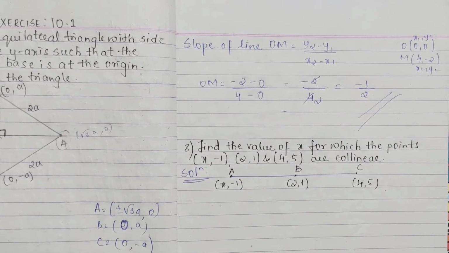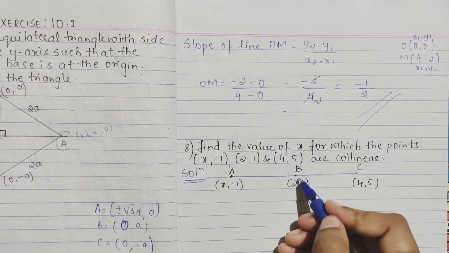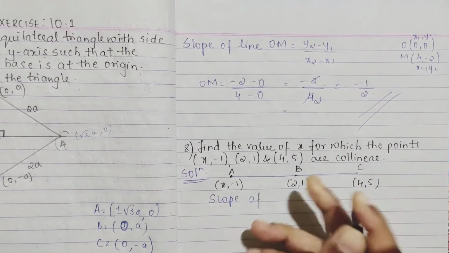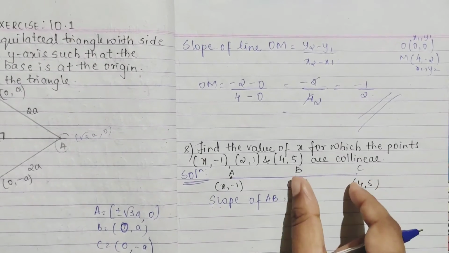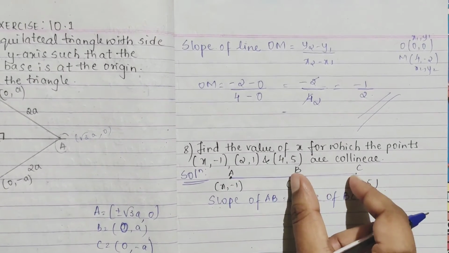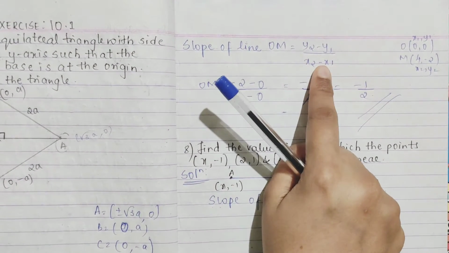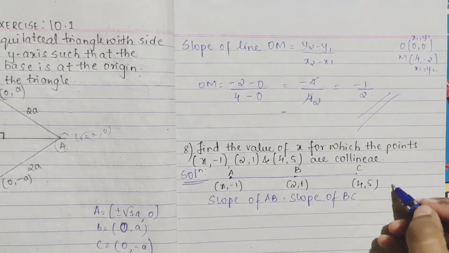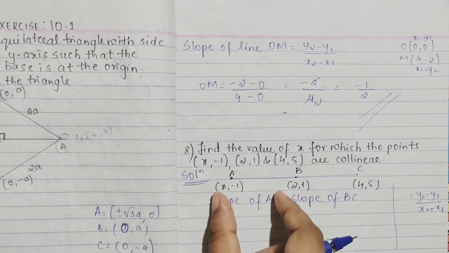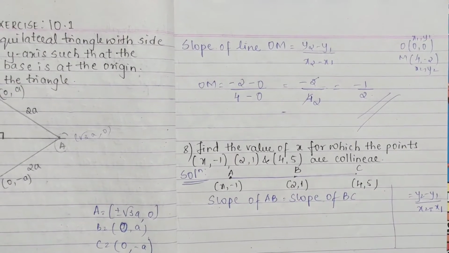So this, basically, last topic only we have studied, that is collinearity of three points. When they are lying on the same line, with one point lying between the other two, how do we take it? Slope of this line is equal to slope of this line, right? So slope of AB is equal to slope of BC. So slope of this and slope of this you have to find. And slope of two points, how is it given? y2 minus y1 divided by x2 minus x1. So same you are going to use here. Here x1 y1, x2 y2, and in this case also x1 y1, x2 y2. I hope I am clear.